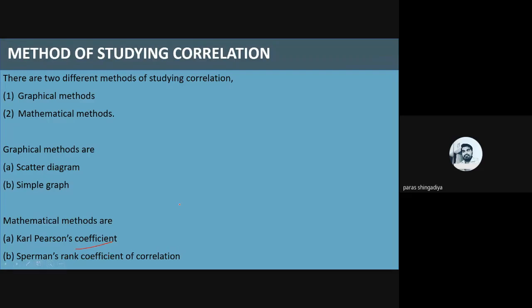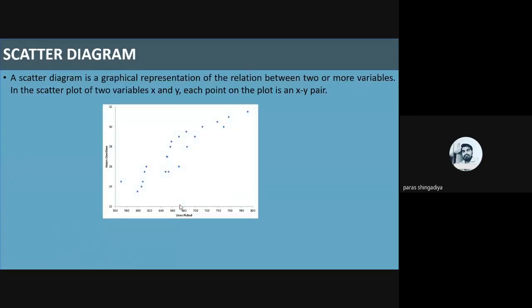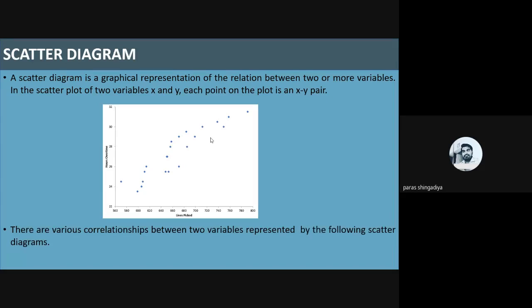Okay, so in that lecture we had discussed the scatter diagram concept. So what is the meaning of the scatter diagram? We have the data of x and y, and then we plot this data on the xy plane, and then check the plotted data and the behavior of this data, which type of data is given. So we can classify it as per the various types.